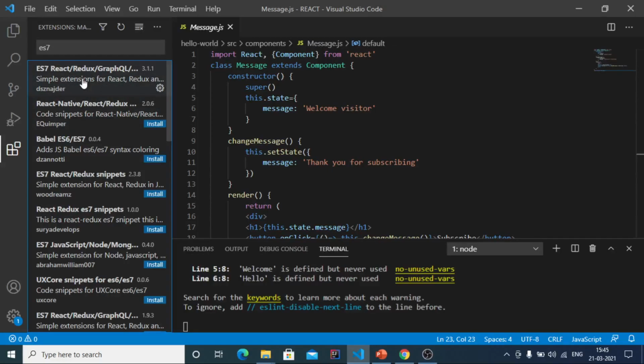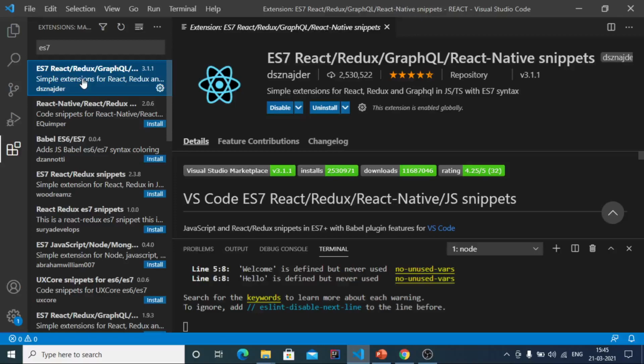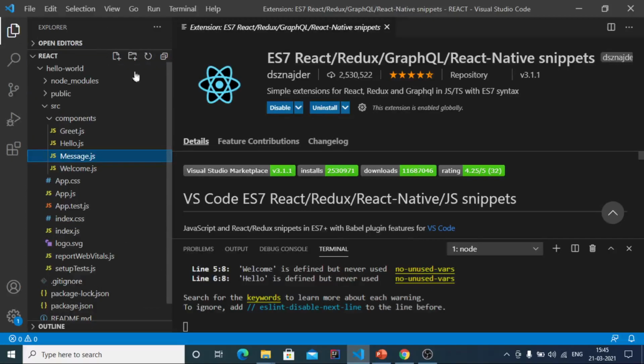I have installed this simple extension called ES7 React Snippets because after installing it will save us some time. So without wasting much time, let us take a closer look at the state and setState method.